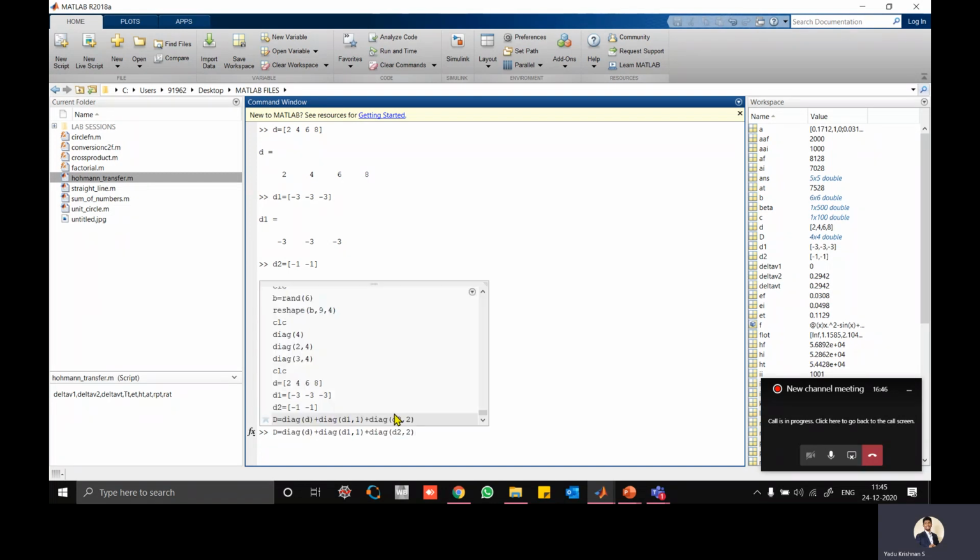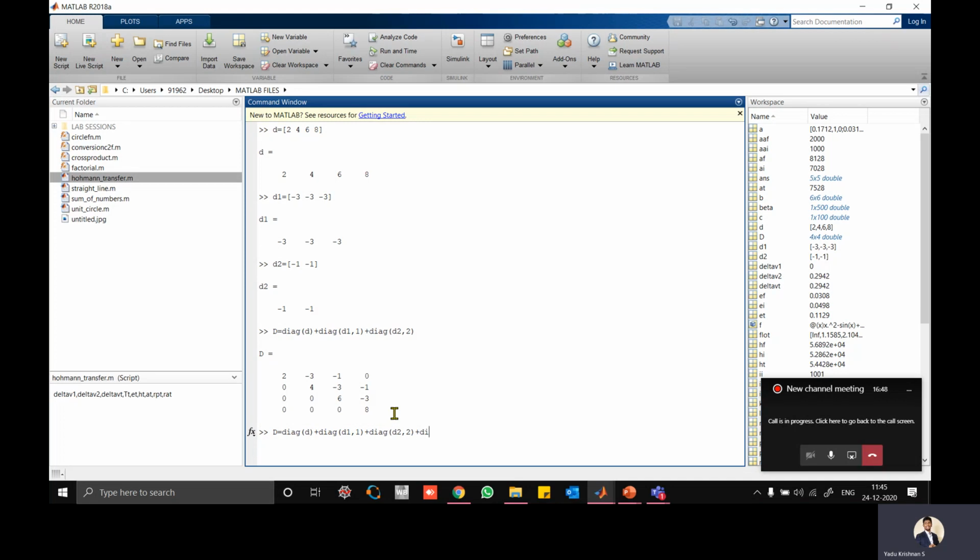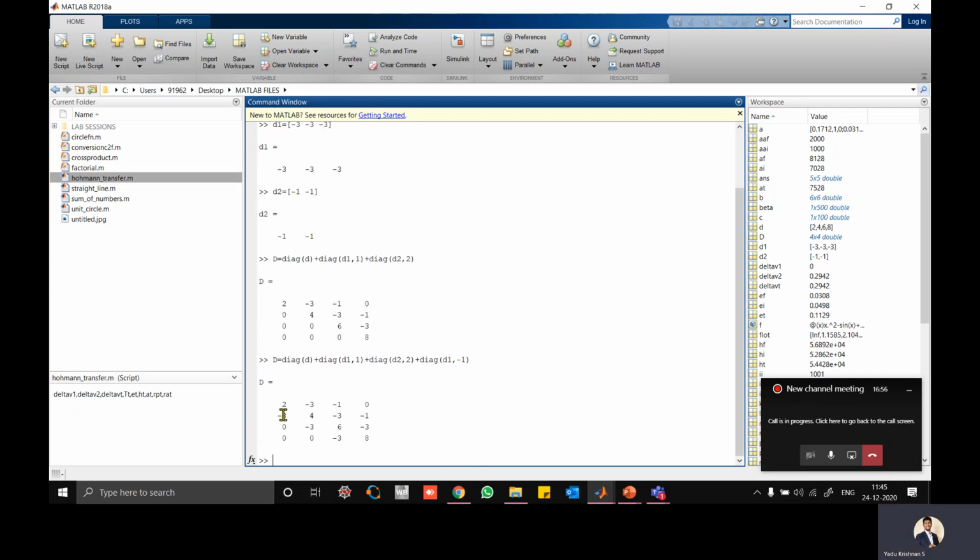In the same way, if you want to make it go down, I'll put diag of D1, -1. See here, -1 means it has to be one step under the main diagonal elements. So diag is nothing but a vector, comma, the position of the diagonal. Got it?